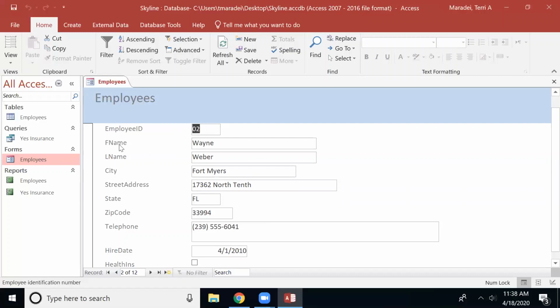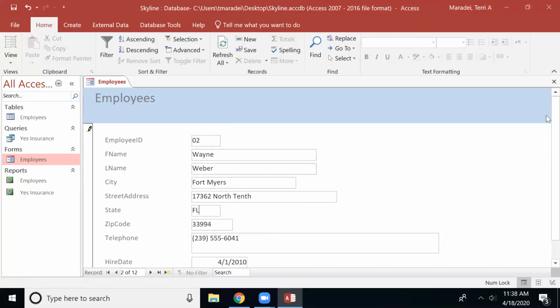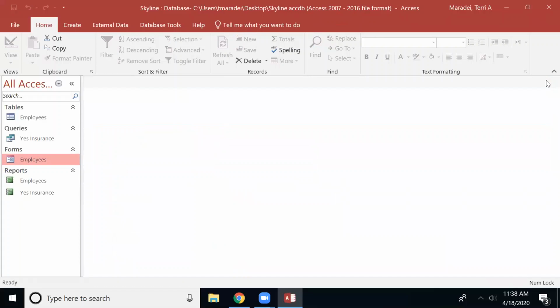So, same exact field names, there's a few different styles, and you can type in or change anything in any of these fields, and it goes directly into the table. Any change I make in the table will also be identified in the form. Just another way, and again, you don't even need one. You may never use it. If you're using databases a lot, it's just another way to look at it, another way to enter one